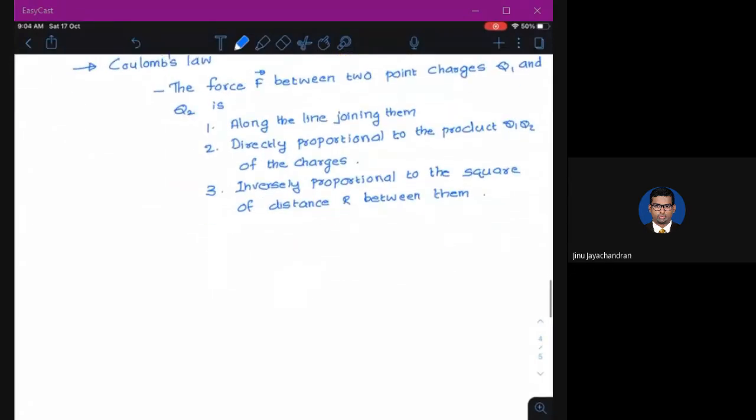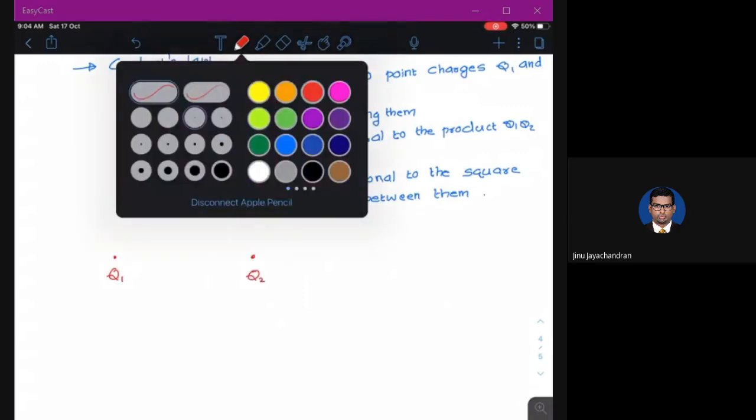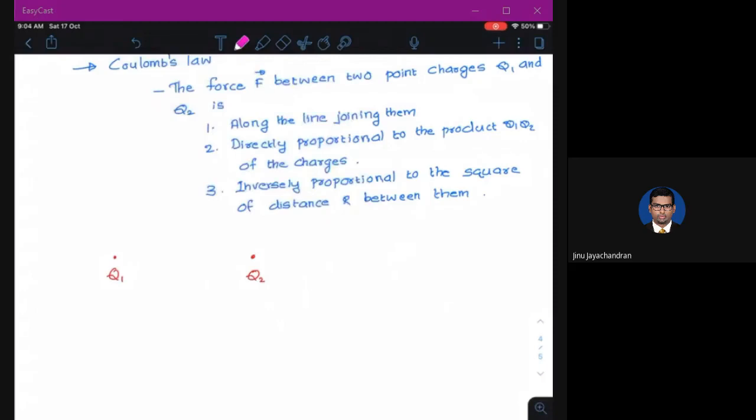Okay. So let's understand this theorem. So there is a charge q1. There is another charge q2. The q1 will apply some force on q2. In a similar way, the q2 will also apply some force on q1. So force is a vector, and there should be a direction and there should be a magnitude. So there is some magnitude of force which is applied by q1 on q2, and then some magnitude of force which is applied by q2 on q1.